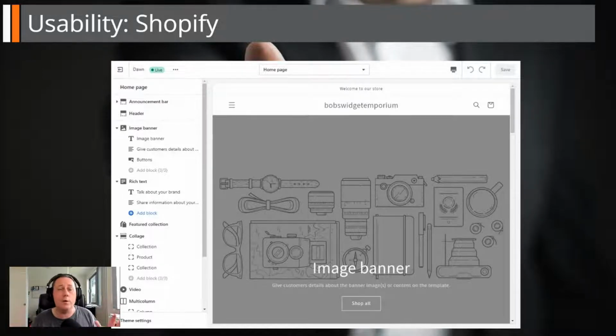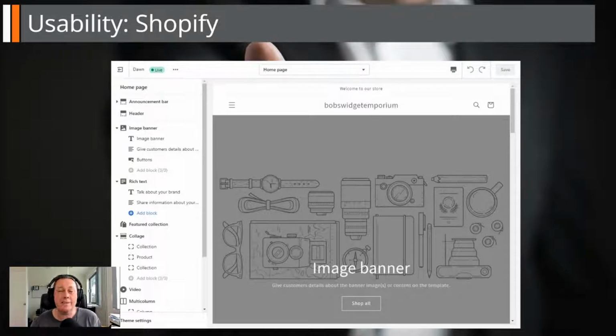So no looking around for where to get stuff and all the different settings and different visual ways to update stuff. It's a consistent single dashboard experience. Now, managing products and inventory is super simple with a single page interface and some basic SEO options. You can choose from a wide range of free themes or you can pay for premium themes. And again, that's all within the single dashboard area.